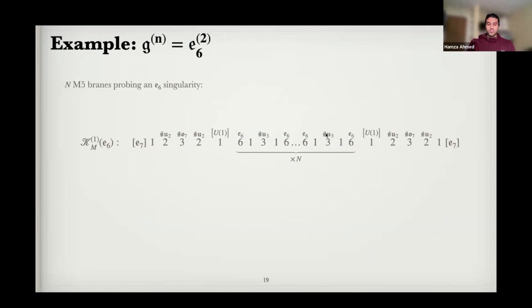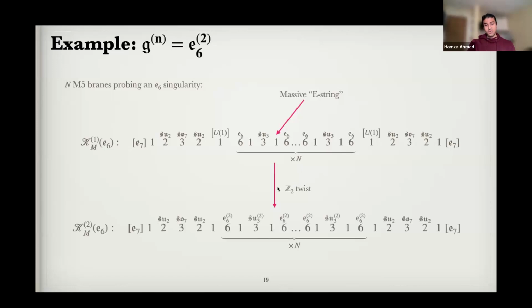However, as I mentioned earlier, the massive spectrum has a role to play here. And so in particular, in this case, the massive spectrum comes in the form of this E string. And it basically imposes the fact that there's only a diagonal Z2 that survives. And that's the true discrete symmetry of the theory. And then we can twist by this single Z2, and we get the following 5D theory.